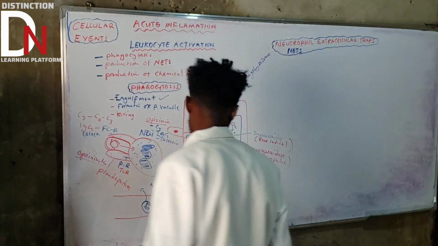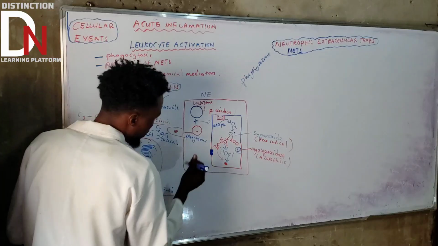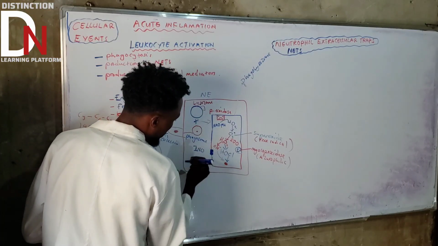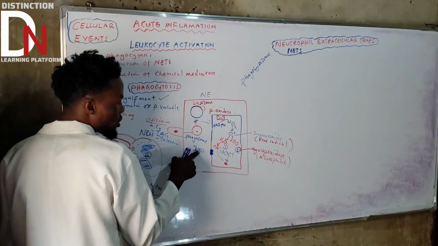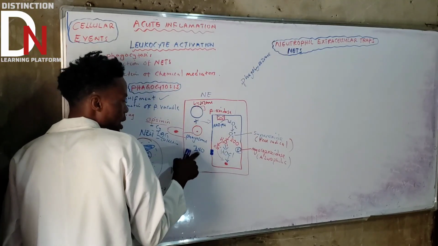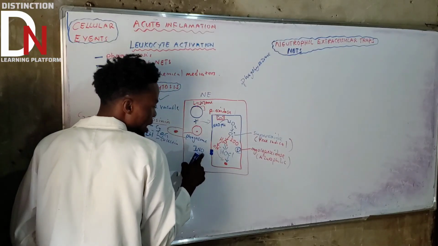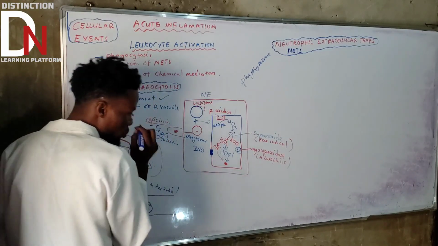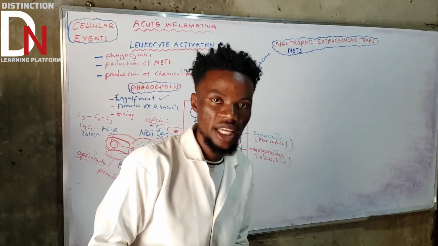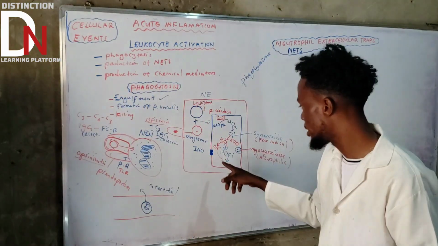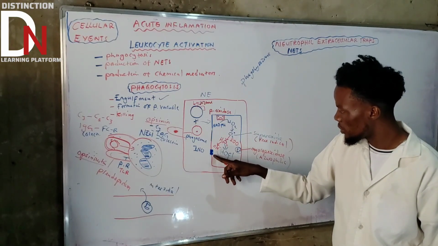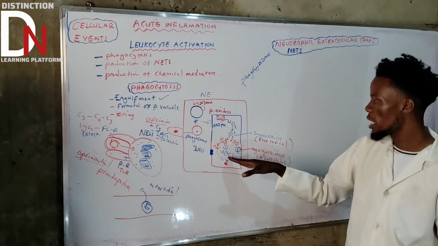What's going to happen here again? You see this enzyme, we call it iNOS, inducible nitric oxide synthase. Okay, that's what we call it. So iNOS, inducible nitric oxide synthase. This enzyme does something else, because sometimes these hypochlorous acid and